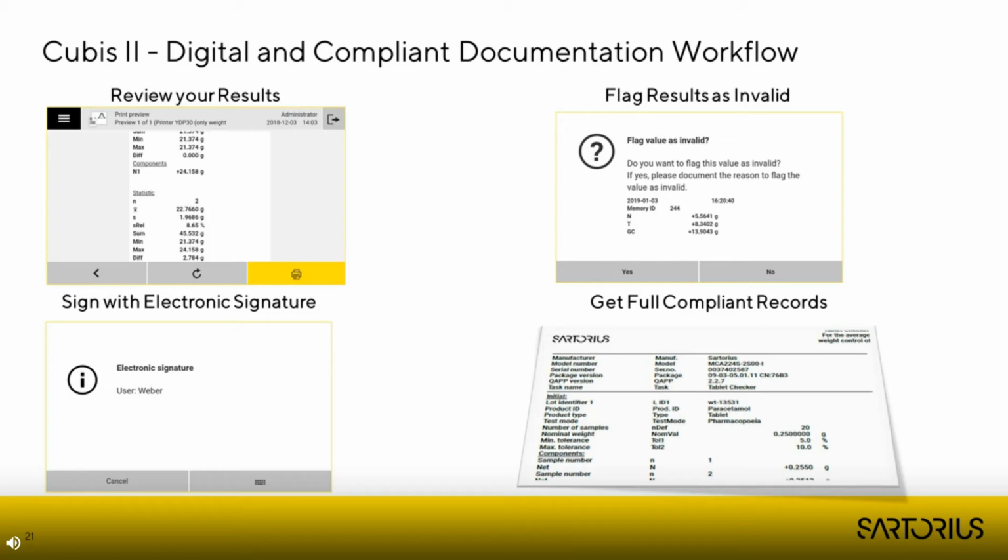First of all, you need a feature that you can review results before you create a report. This can be done on the Cubis 2 directly on the balance, and when you see some kind of error inside your results and you want to redo the test, you don't have to print it out, then use your pen, cross the value, and make some handwritten comments and signatures on it. You can do this directly on the balance and flag the result as invalid and write your comment directly on